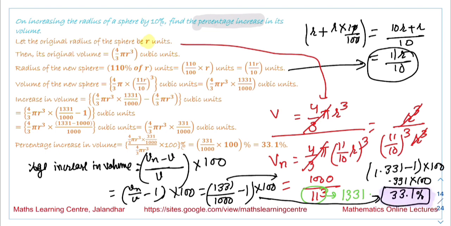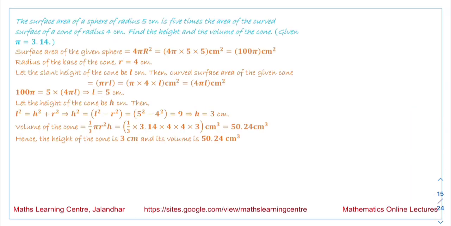This is the percentage increase in the volume when the radius of the sphere is increased by 10%. Now the next thing we have is the surface area of a sphere of radius 5 cm is